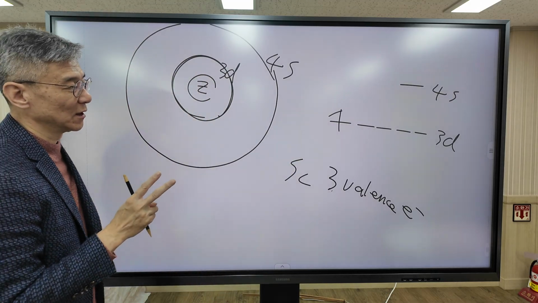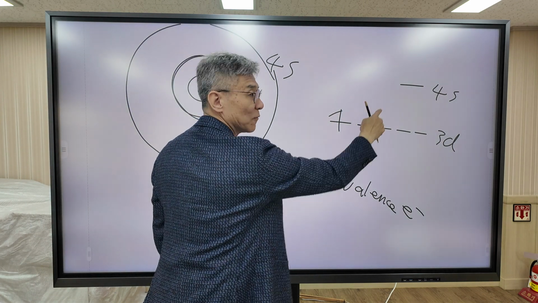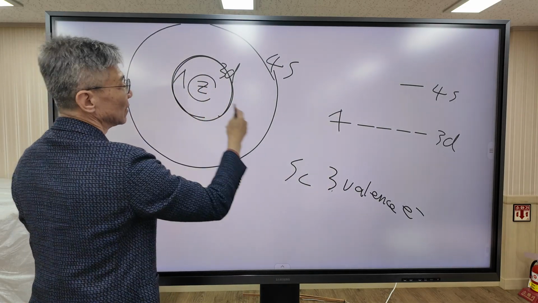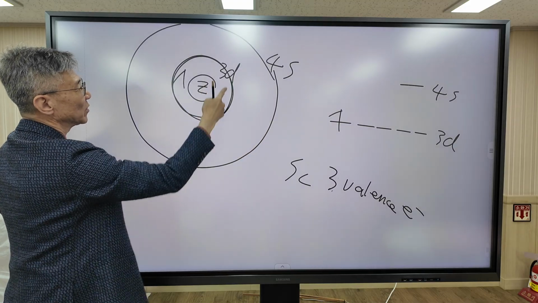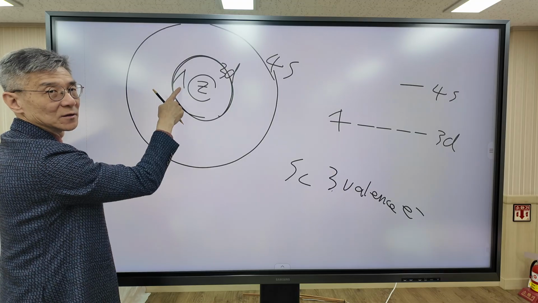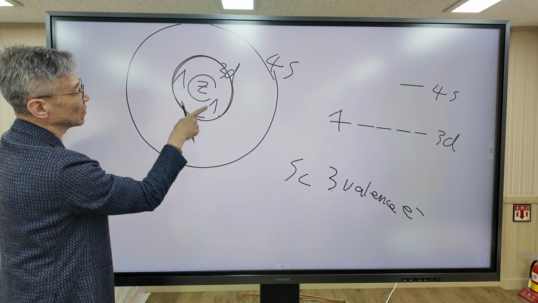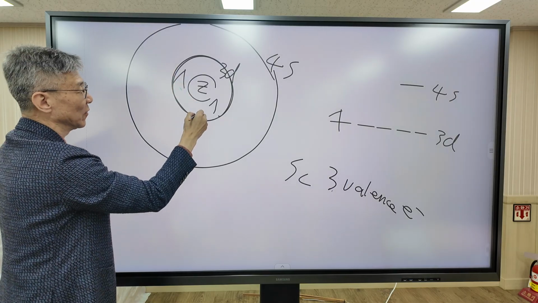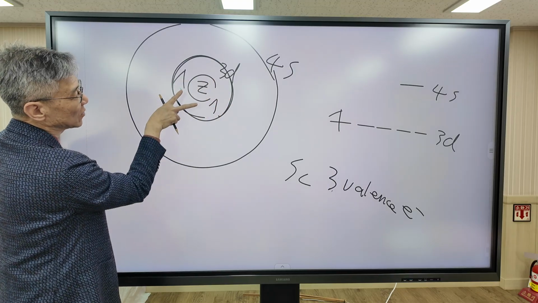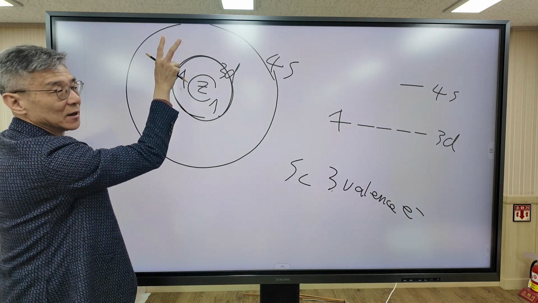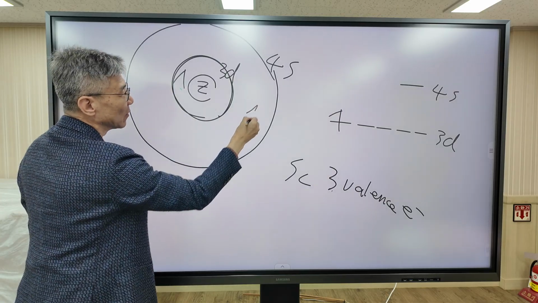Now the second electron tries to go to the 3d orbital because it has lower energy than the 4s orbital. But here, when the second electron tries to go to the 3d orbital, it is already occupied by another electron. So the electron repulsion energy increases very strongly. Furthermore, the spatial size of the 3d orbital is very small, so the electron repulsion energy is very high. So instead of going to the 3d orbital, it chooses to go to the 4s orbital.